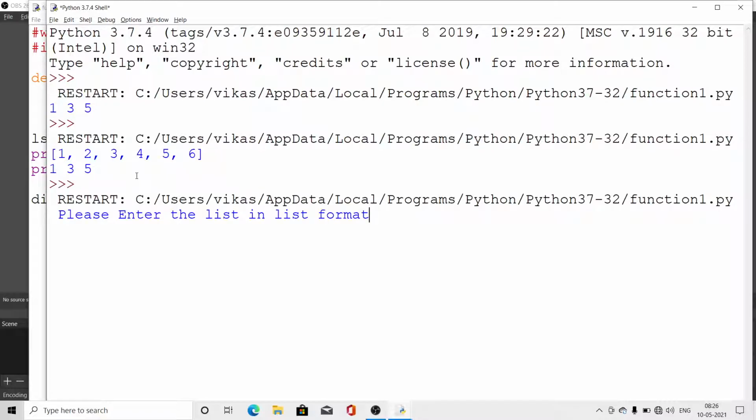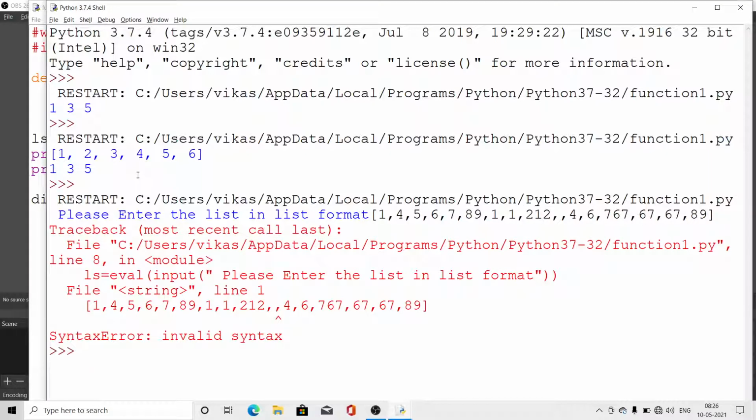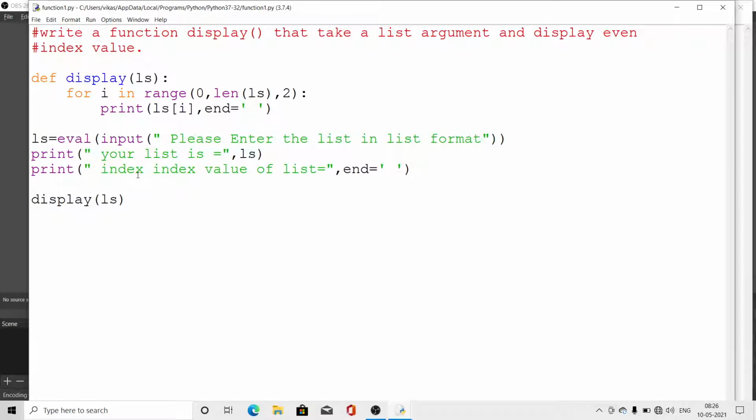It is asking for the list format. I have given 1 comma 4 comma 6 like that. I will enter some values. Oh, I have entered two commas by mistake, sorry.